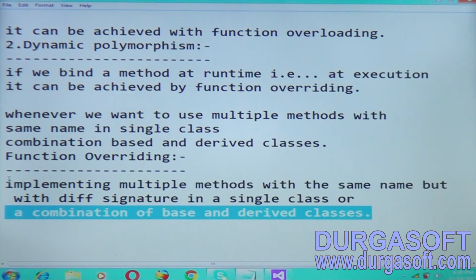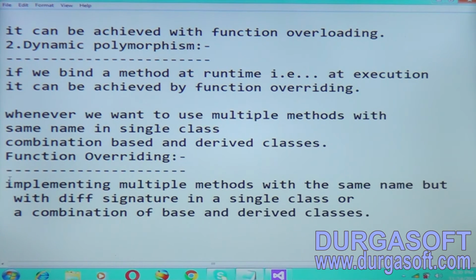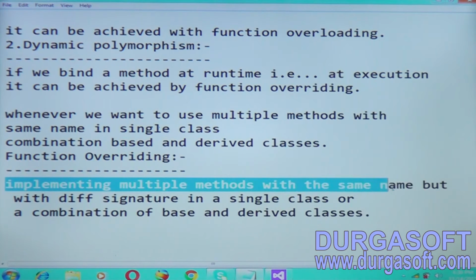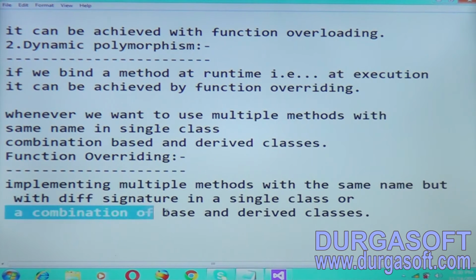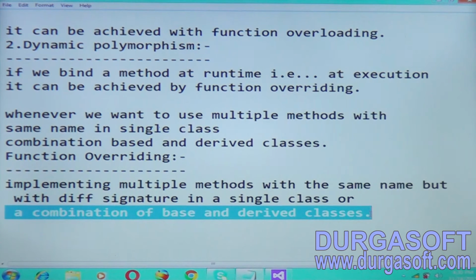So how can we implement this? We can use multiple methods with the same name but with different signature. That means the number of parameters will change, the order of the parameters will change, and the type of the parameters might change, in a single class or in a combination of base and derived classes. That means multiple classes might be there. This is function overloading actually.